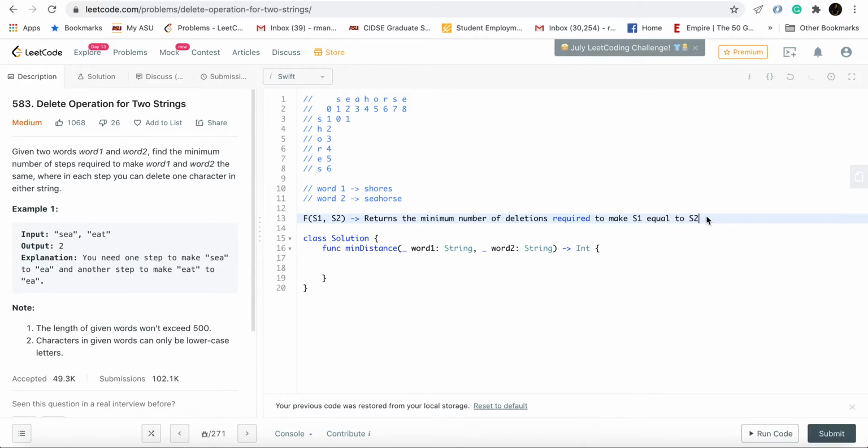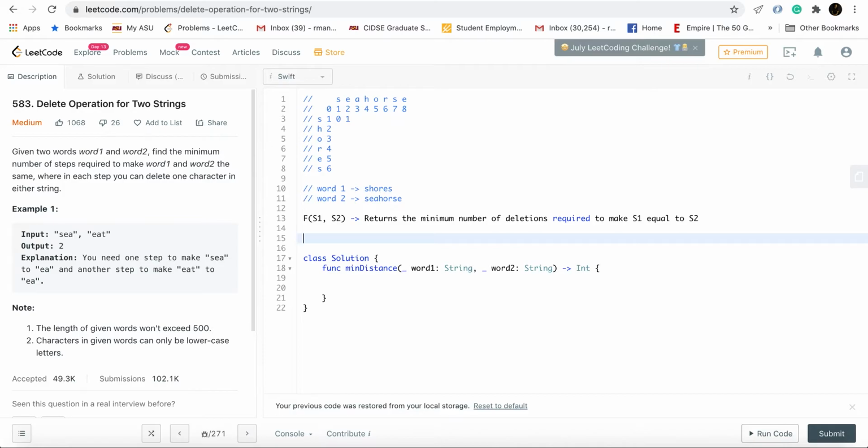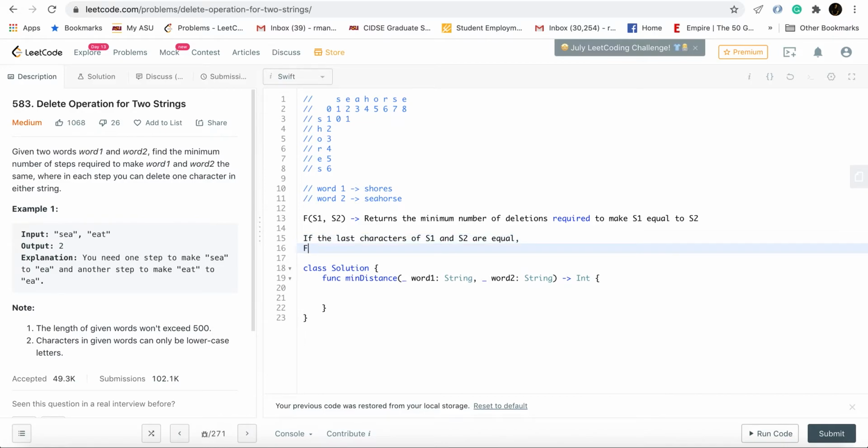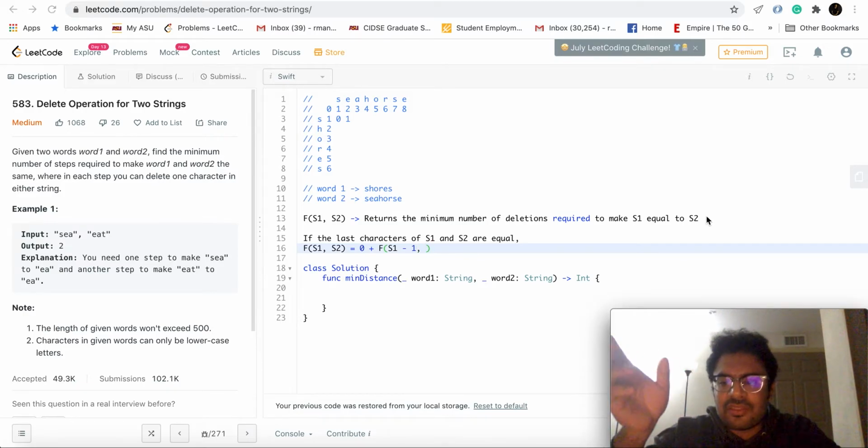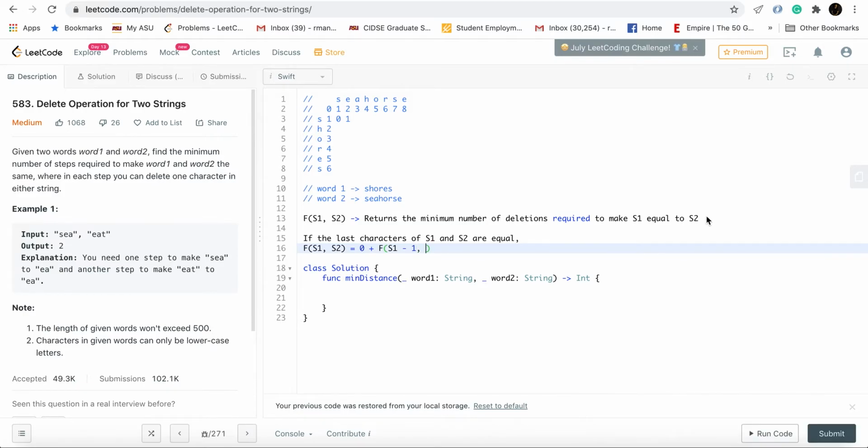What that basically means is if the last characters of s1 and s2 are equal, f of s1, s2 will be equal to 0 plus f of s1 minus 1, s2 minus 1. Let's assume s1 and s2 are just the lengths of the s1 string and s2 string.